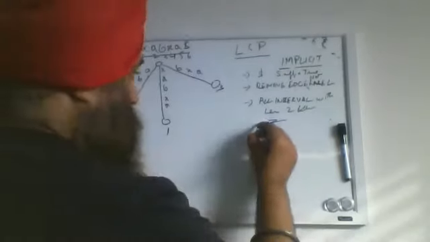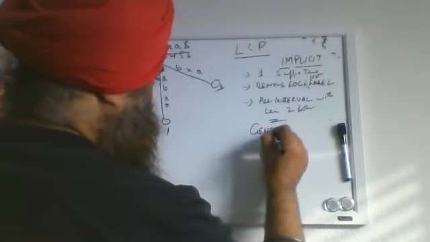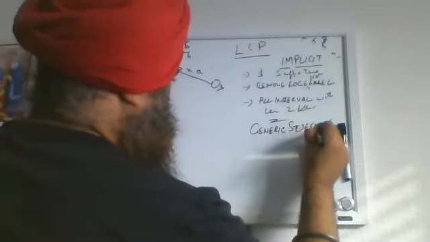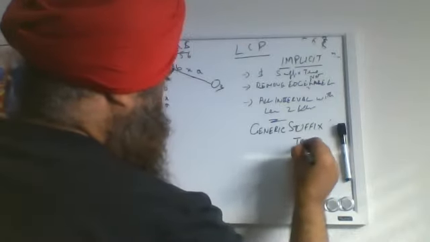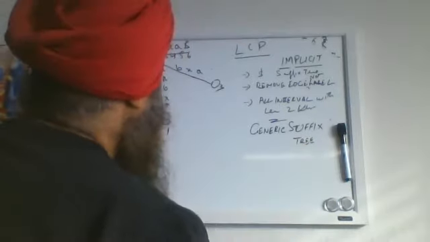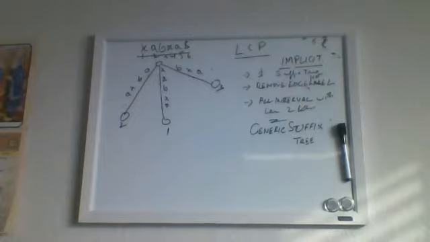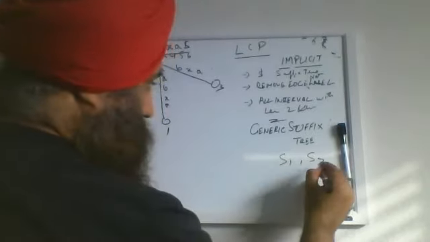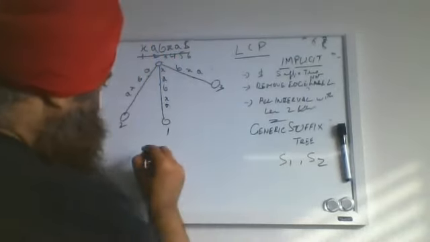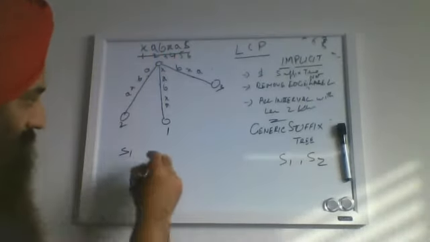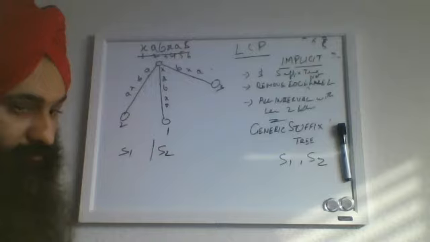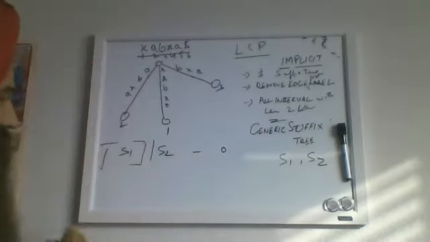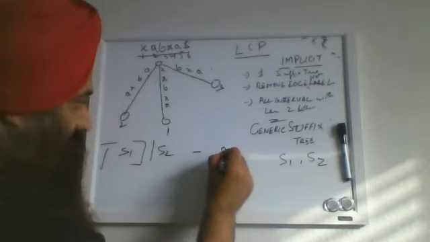Similarly, we have something called a generalized suffix tree. Generalized suffix tree is very important. It is nothing but, suppose you have got two strings s1 and s2. You make a suffix tree for s1, then you pick the string s2, and you begin at the root of the tree that you made previously. You start comparing from the root.